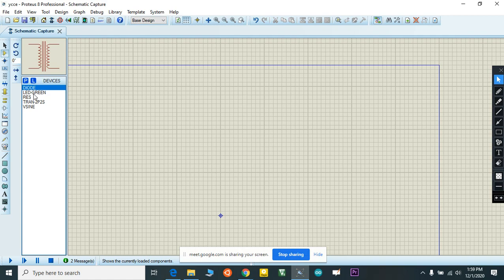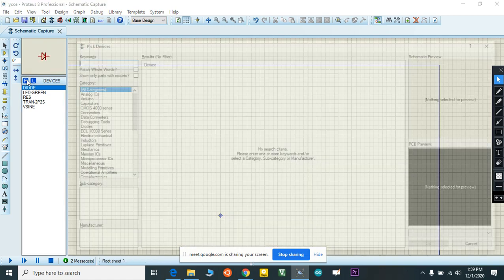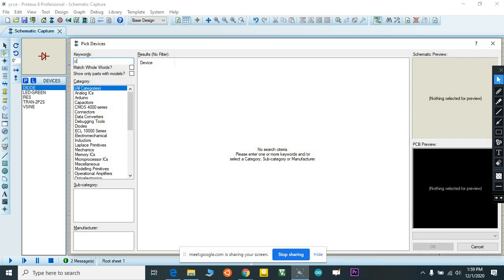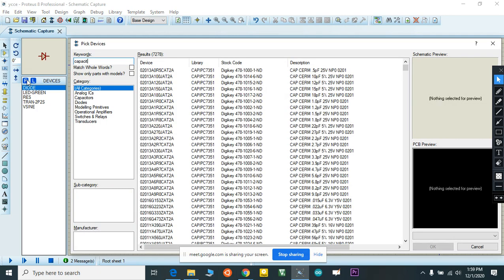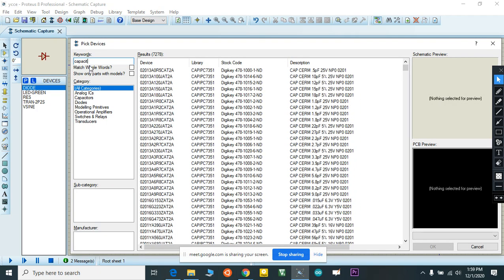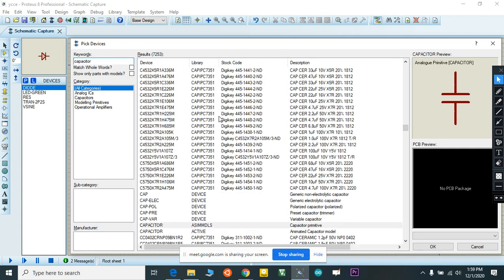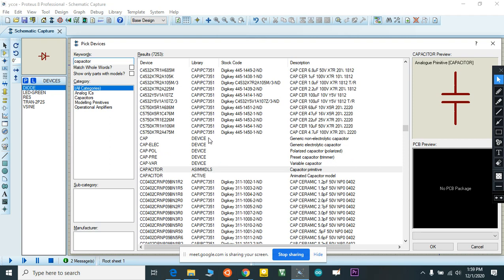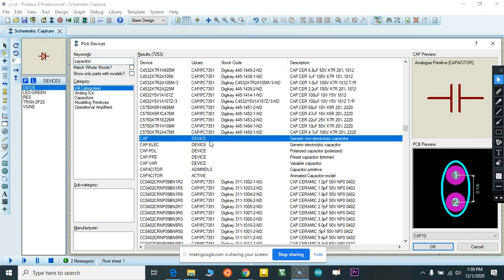And we already added a resistance. We need to add a capacitor. Non-electrolytic capacitor.